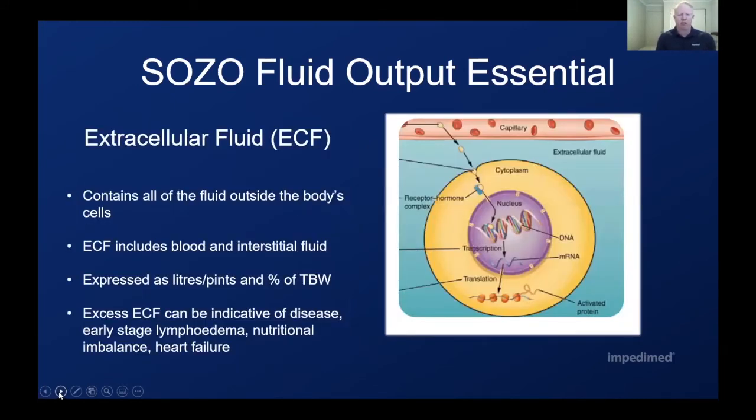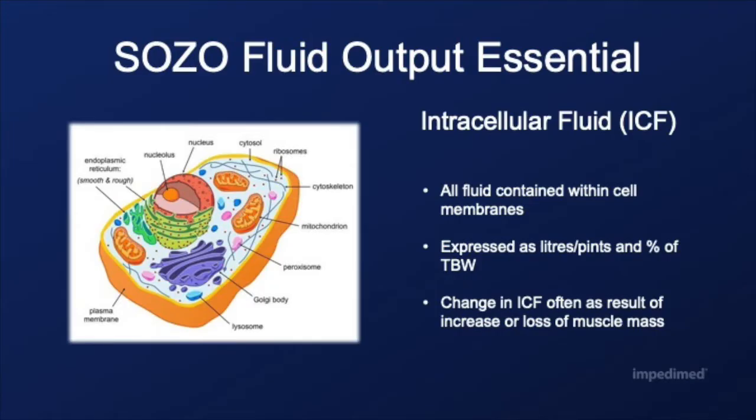Extracellular fluid is a great thing to be looking at. I know we spend a lot of time looking at that for the lymphedema side, but it really contains all the fluid outside the cells. It includes blood and interstitial fluid. It's expressed as litres and pints and percentage again, but any excess extracellular fluid can be indicative of disease potentially. We know of early stage lymphedema, other nutritional imbalances, and heart failure. So looking at that in conjunction with total body water is actually really quite useful,